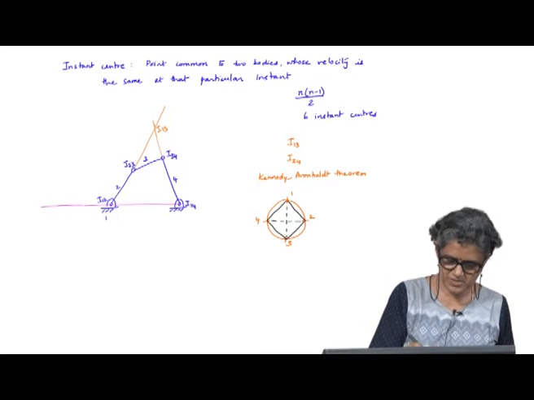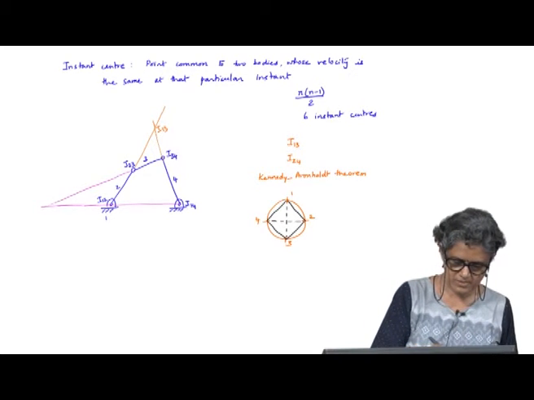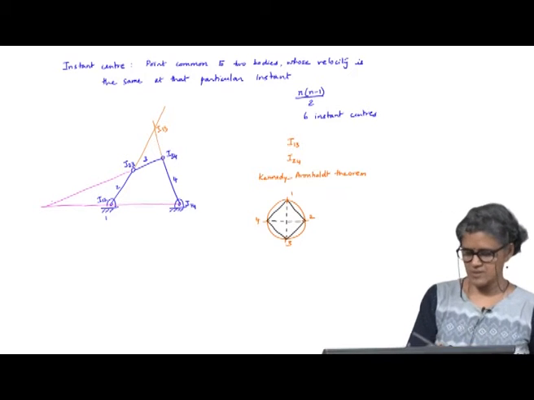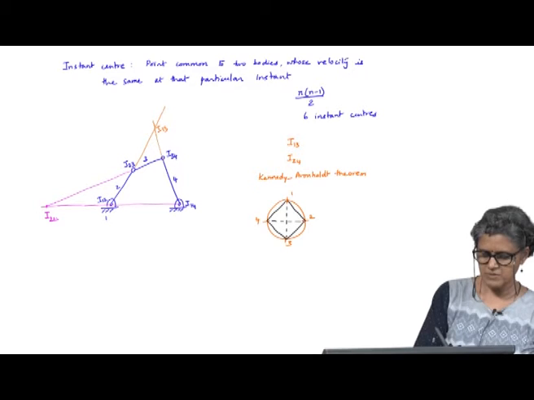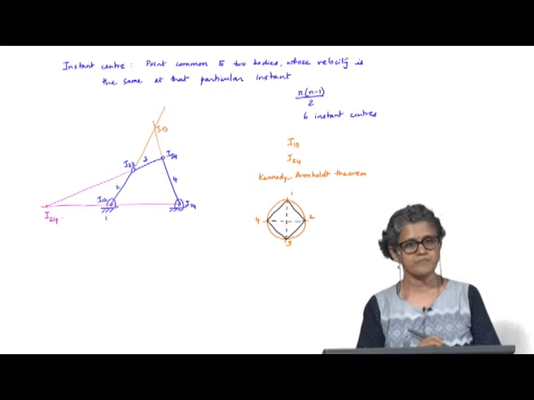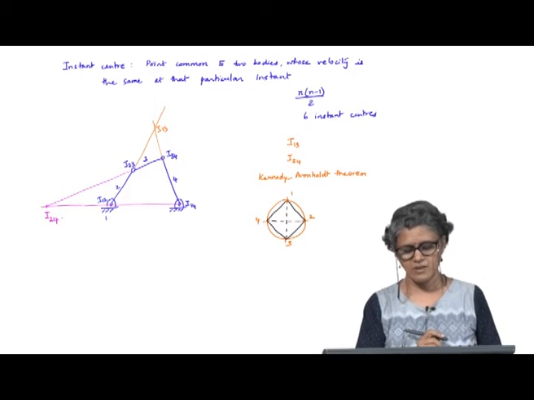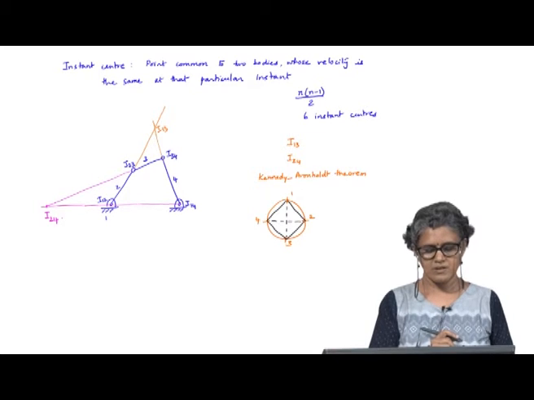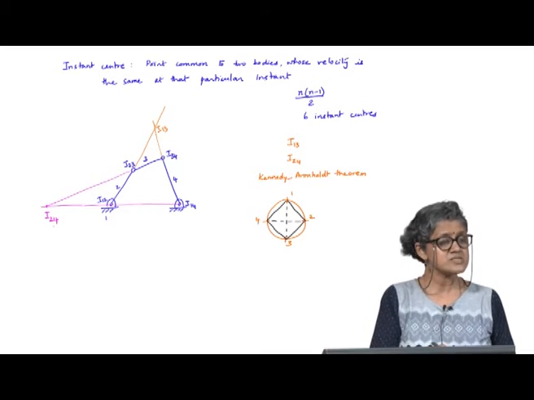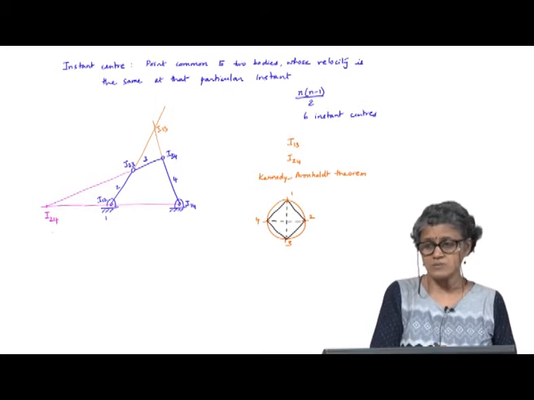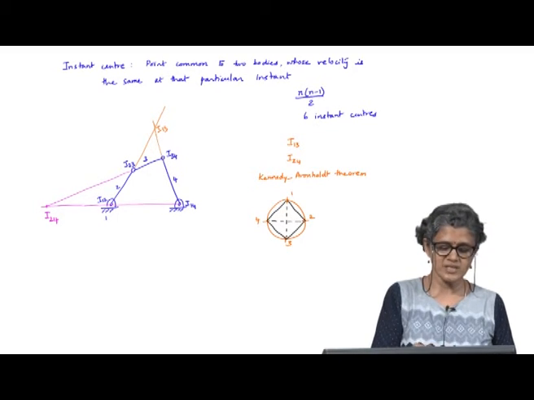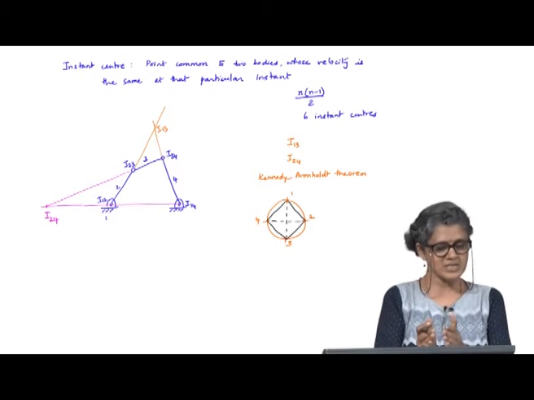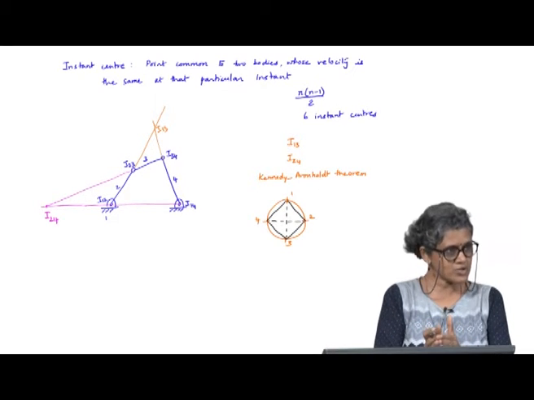So, it is this. This will be I24. Is the velocity of I24 0? No, it only has the same velocity whether you consider it as a point on link 2